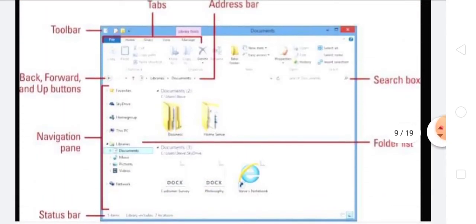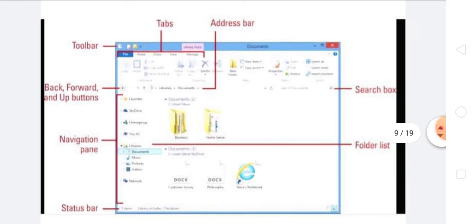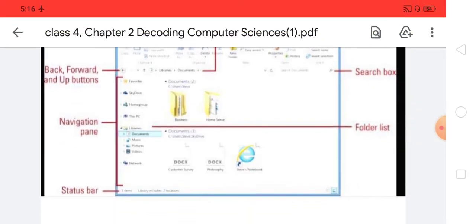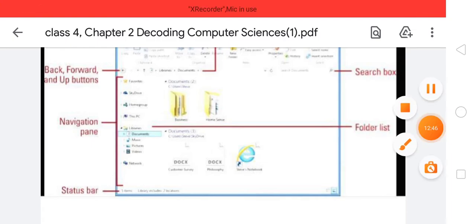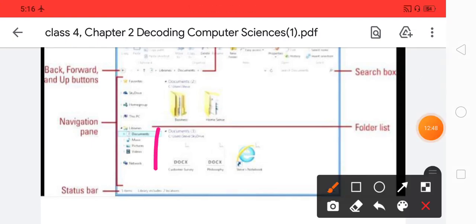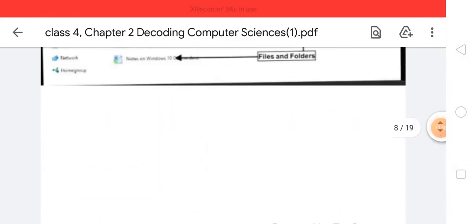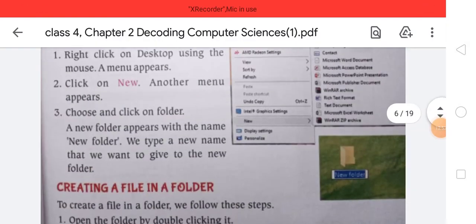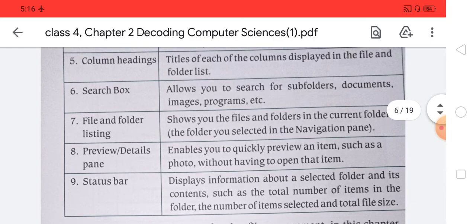Or here you can see this one is a search box, this one is a status bar, and this one is the folder list here. Okay, so the last one is the status bar.